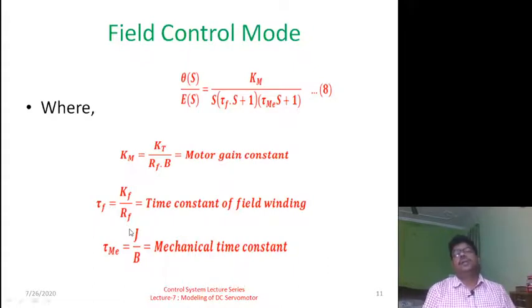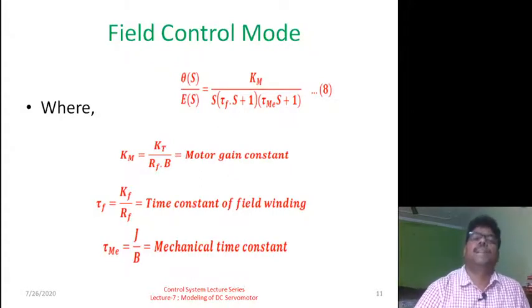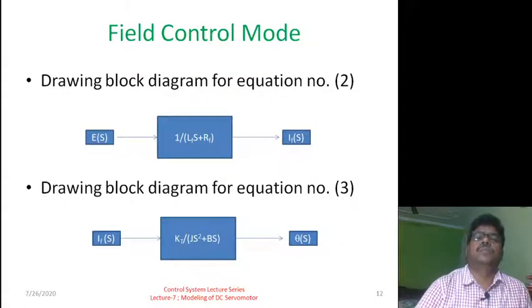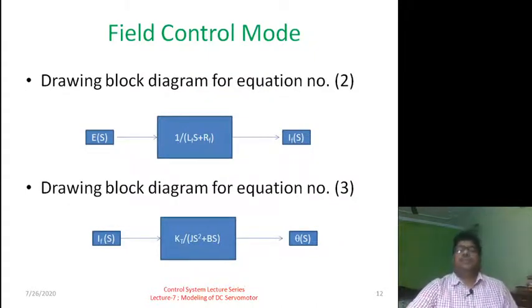So this field control mode is used to control the smaller motor because it has a limitation, means regulation is limited. So field control mode will be used to regulate the smaller motor. Now coming to the armature control mode, but before that we should draw the block diagram, and here this is the input